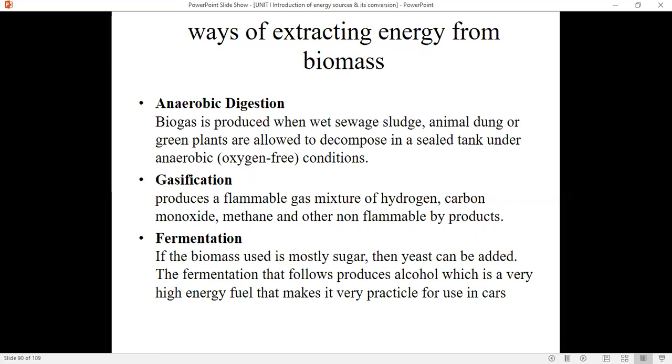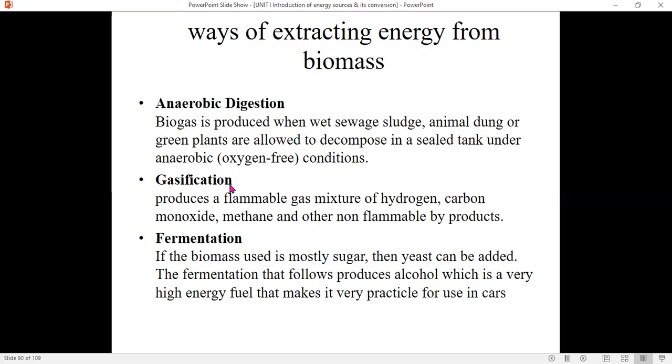Anaerobic digestion is nothing but, in the absence of air, producing a gas called CH4 (methane) along with some residual gases, CO2 and H2S, in an oxygen-free environment. If we decompose the biomass in a sealed tank, we get a mixture of CH4, CO2, hydrogen sulfide and a little bit of ammonia, which can be termed biogas. This gas can be used as a fuel source.